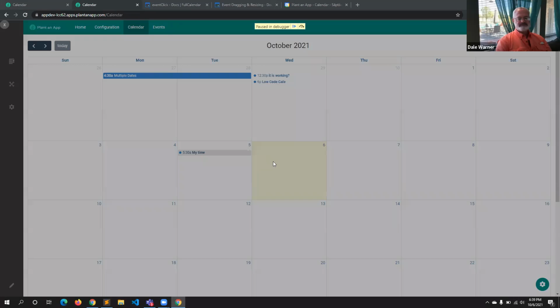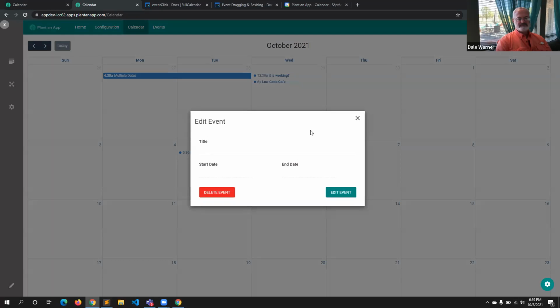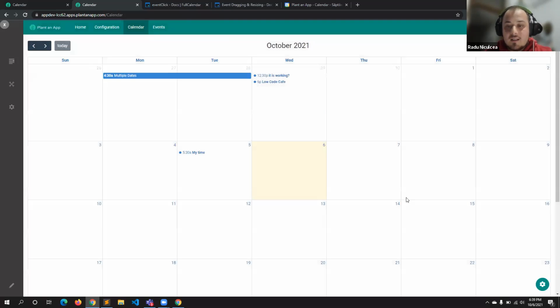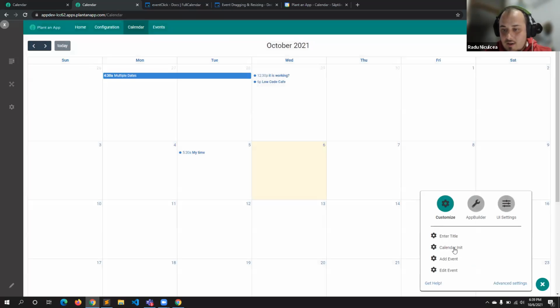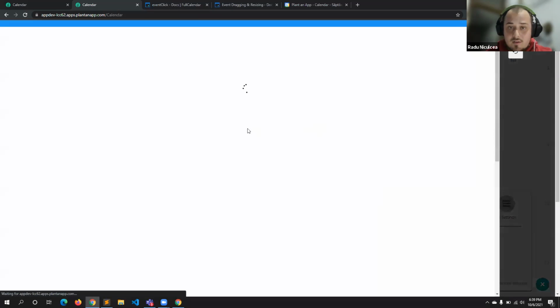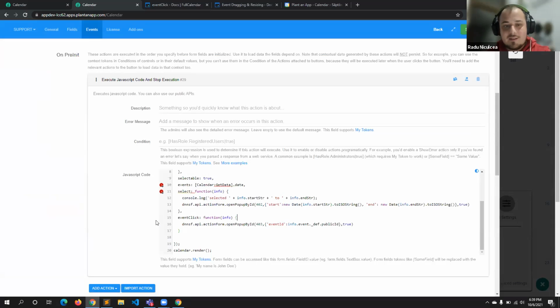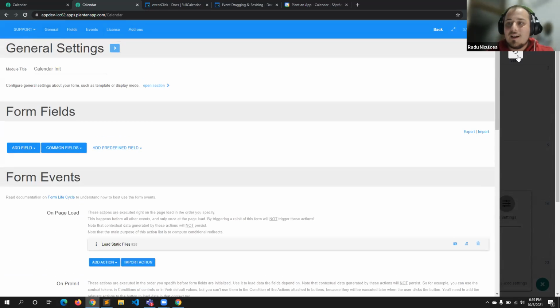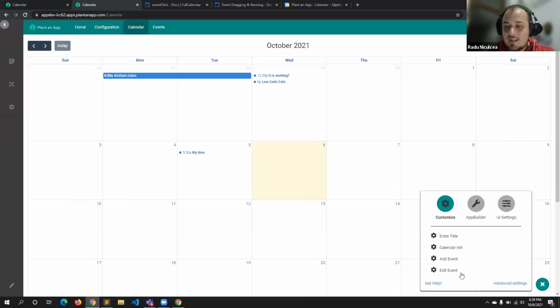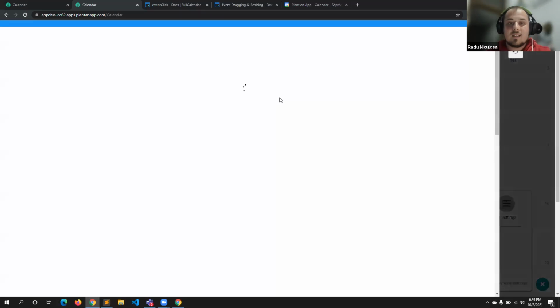All right, and let's see, when I click on this, I get the event form open, which is great, but it's not pre-populated yet. So this is the next thing that we need to work on. First of all, I would like to go back and remove that debugger that I left, because most likely it's gonna annoy me in 5 minutes or so. So I should remove this, and then let's go back to the edit form.